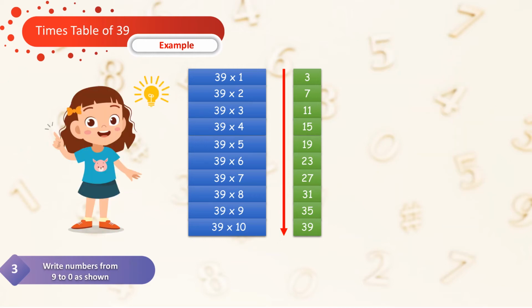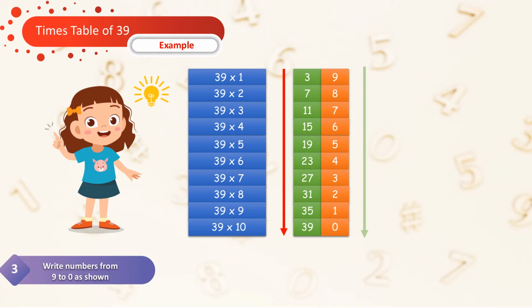To continue, we will go into the third step. The third step is a very straightforward one. You start from 9 at the top and keep writing 1 less than that number. 9, 8, 7, 6, 5, 4, 3, 2, 1 and 0. Again you have to write from top to bottom. So that's the end of step 3.